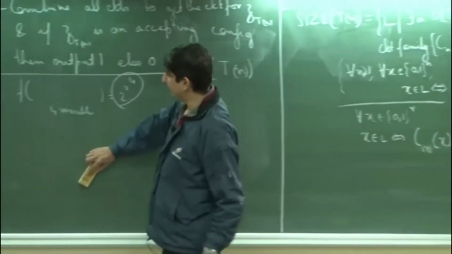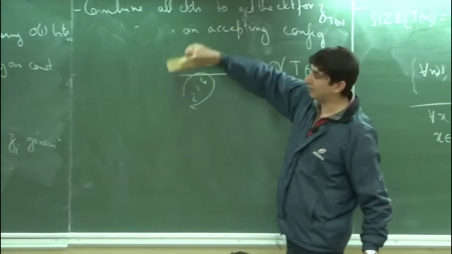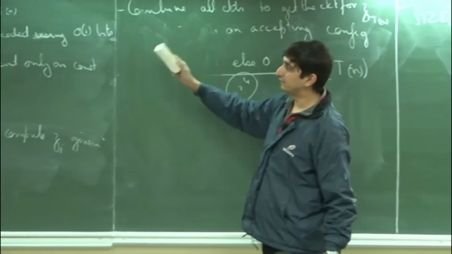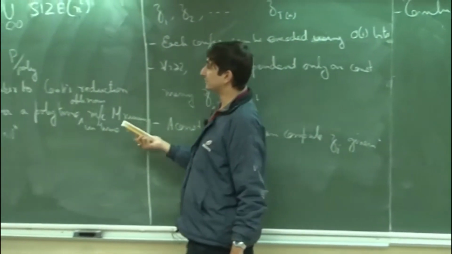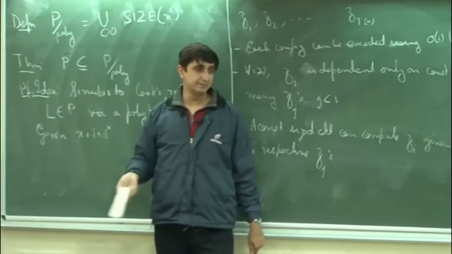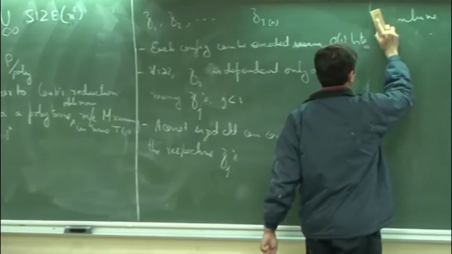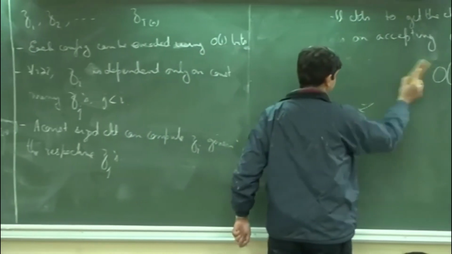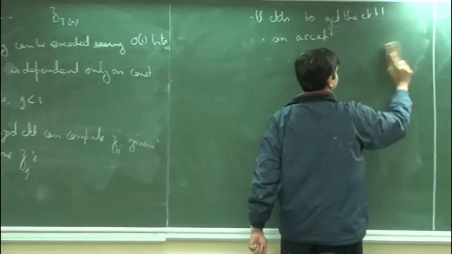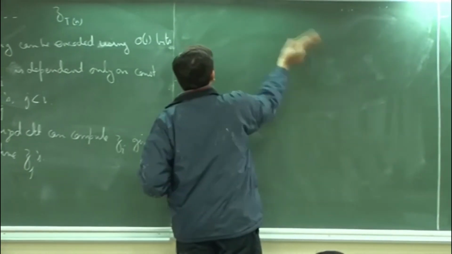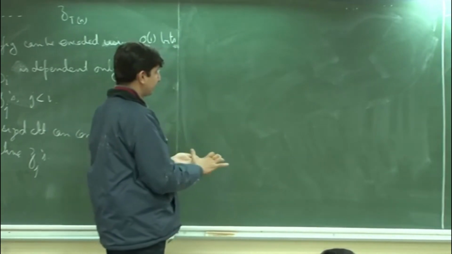But actually it is a class which is incomparable with all these classes. Well, it is comparable with P, but it is incomparable with all the other superclasses of P, such as NP, PSPACE, EXP, and that we will see just now, why it is incomparable. It is a very easy argument for that.